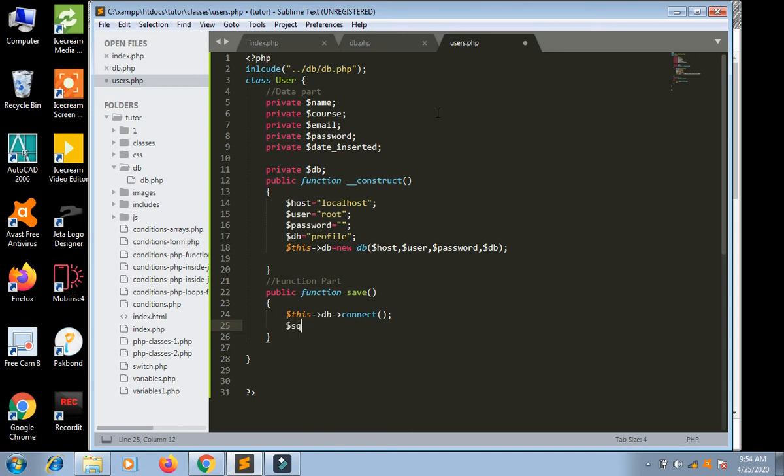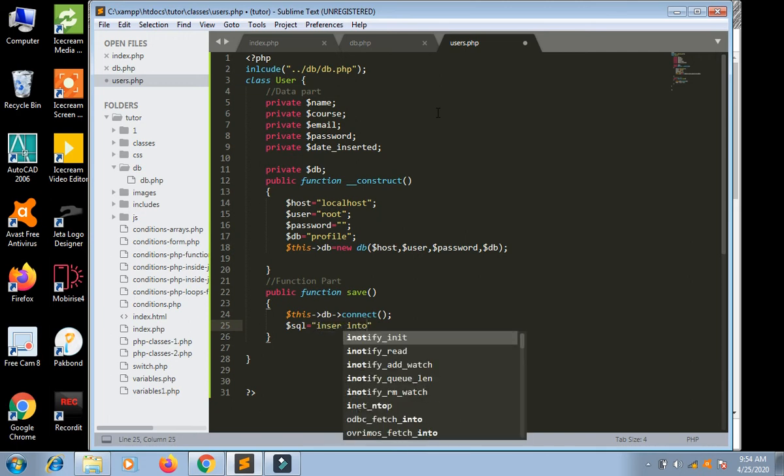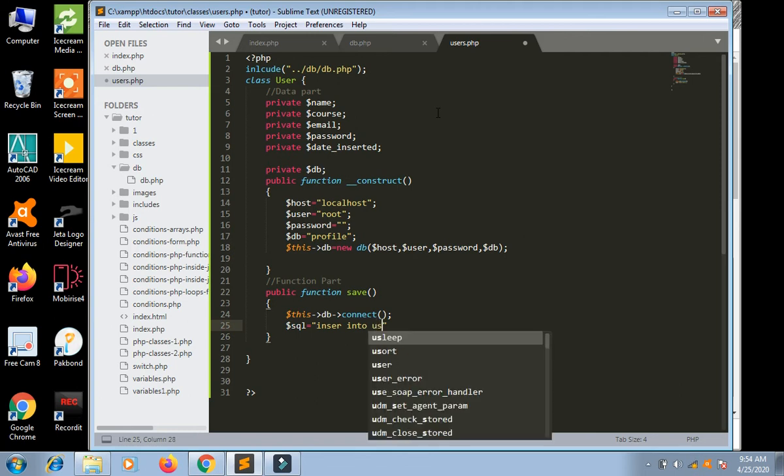So we have $sql is equal to insert into users.